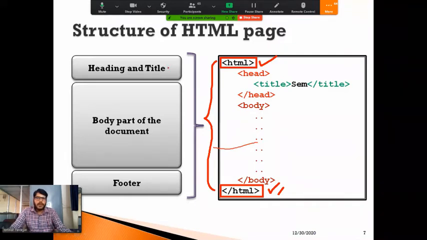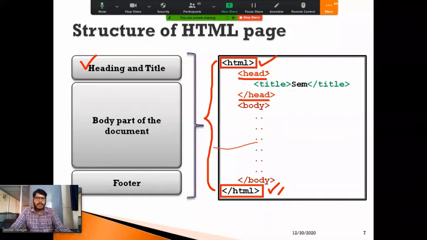Within this, as I told, there is a heading section. As you can see here, I have used a header section by using the head tag. There is a tag called head, which is used to define the heading portion of the document or HTML page. Don't get confused, sometimes we call an HTML page a document.